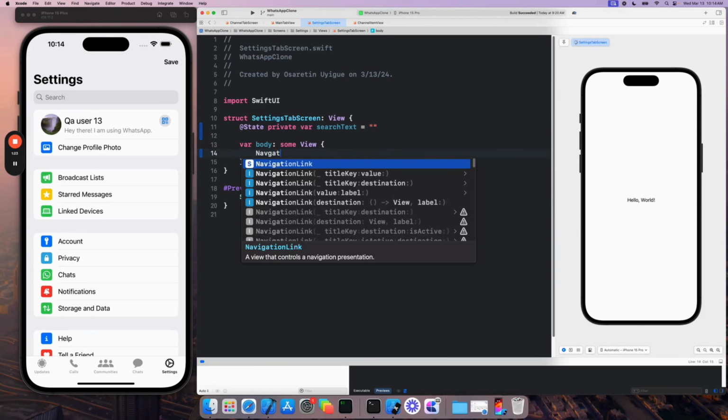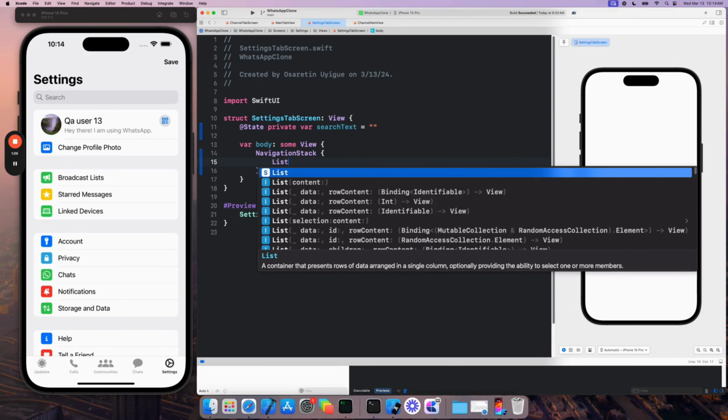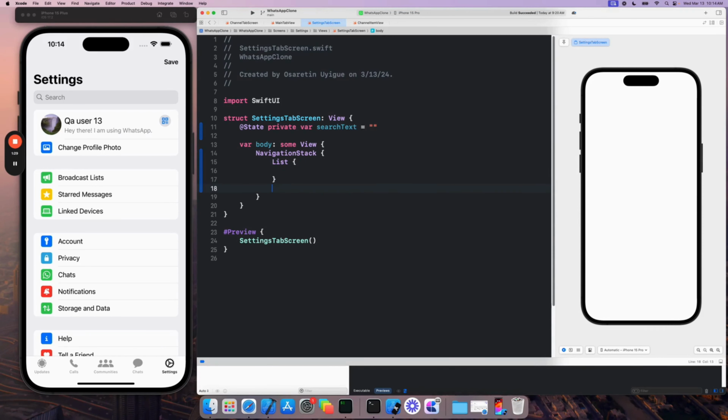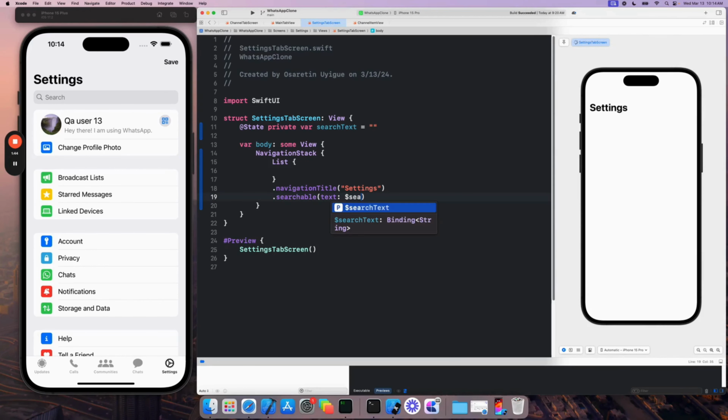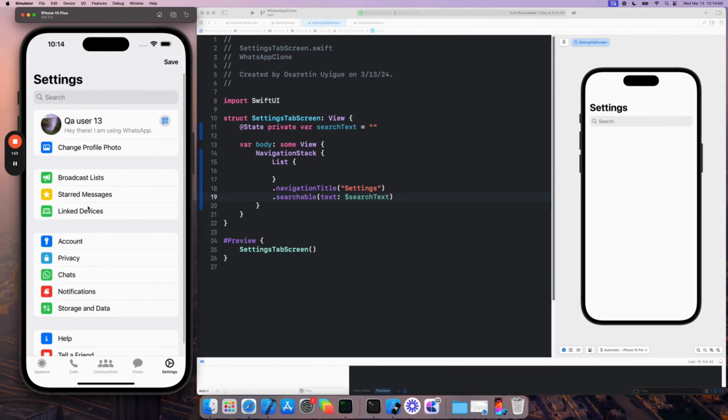We're going to create a navigation stack as usual with a list. We're going to add a navigation title. That's settings. Okay, we're going to add a searchable. Okay, good progress. And now we are going to build out each of these individual settings item views. So let's think of how to approach this. As you can tell, these are repeating patterns. We have some sort of a label with an icon and a text component, and that's pretty much what powers